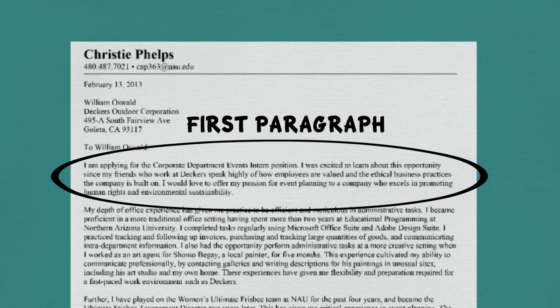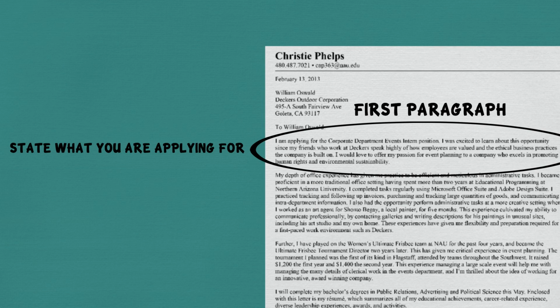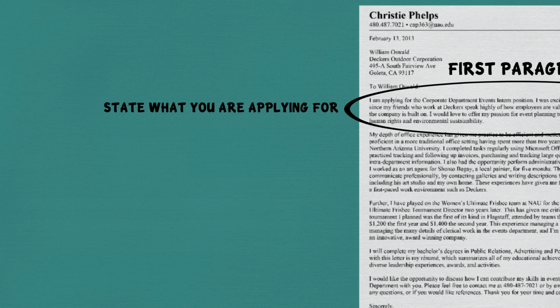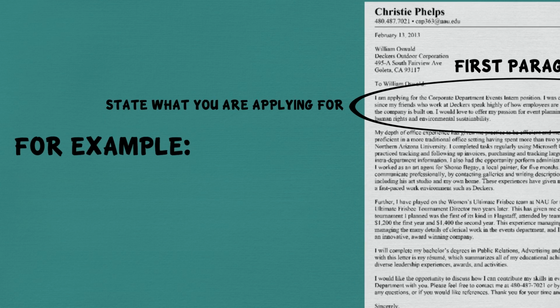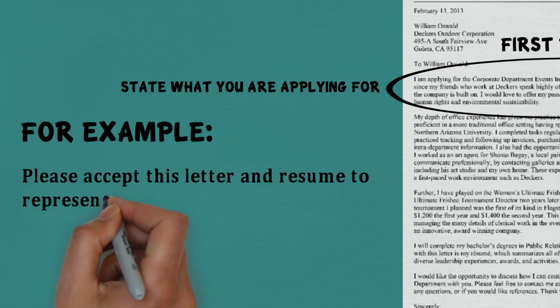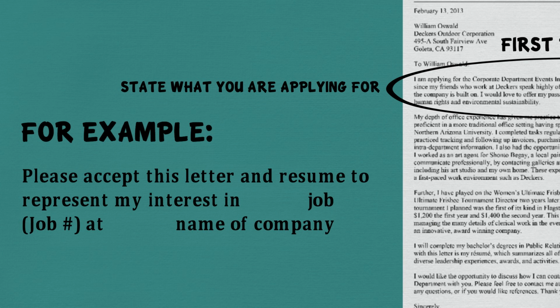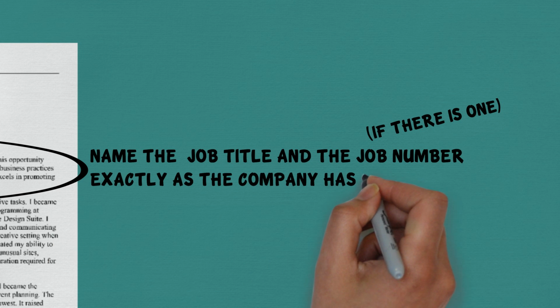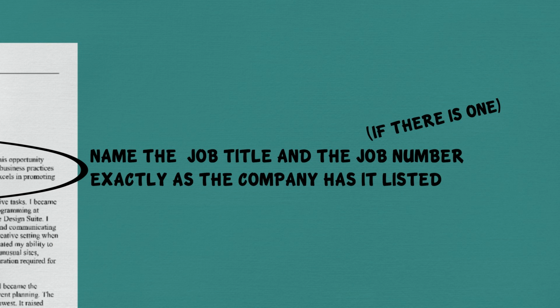On to your first paragraph. Start off by stating what you're applying for. For example, "Please accept this letter and resume to represent my interest in blank job with the job number at blank name of company." Be specific. Name the job title and the job number, if there is one, exactly as the company has listed it on